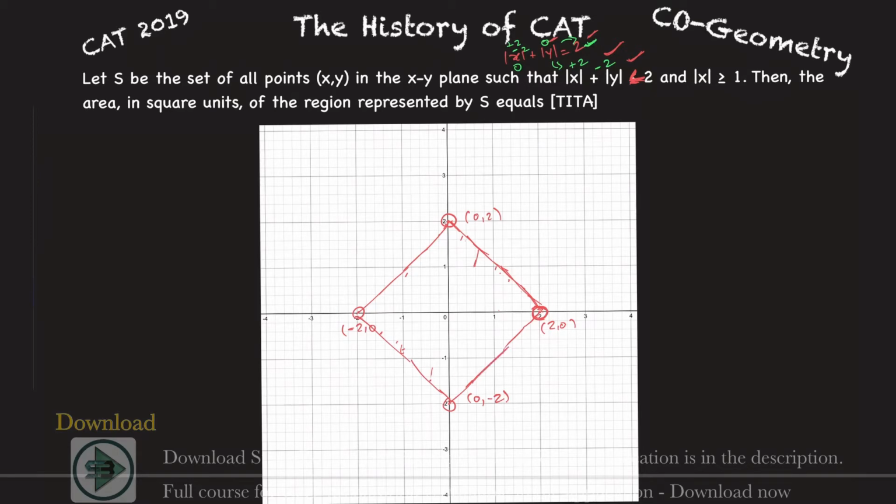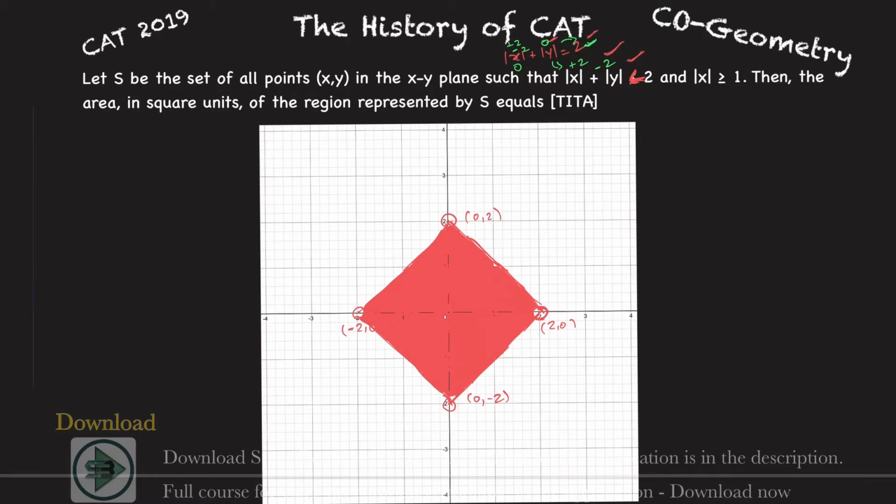Or else we can just give it a color, for our better understanding of this region, because eventually we'll find the region which is common to both of them. So let's just give it a color. See, this is the region that is being represented by this. So this is the entire region here.